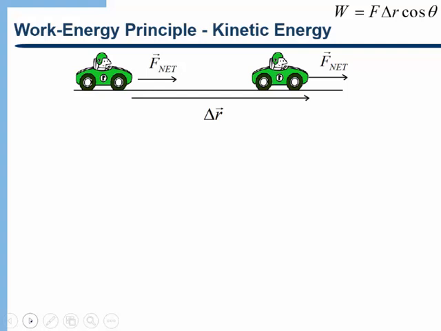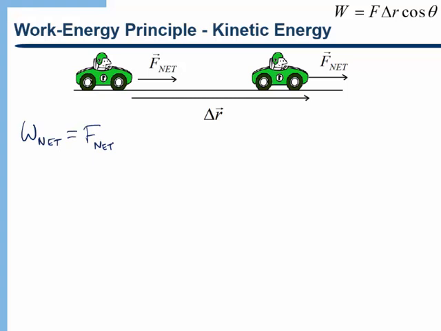We're going to exert a net force on this car. So again, there could be multiple forces acting: normal force, gravity, an applied force, a force of friction. But overall, the net force acting on this car is to the right. And we're going to let the car go through a displacement. What we want to do is figure out what is the net work done on the car and what does that equal? Well, the net work is just going to be equal to the net force,